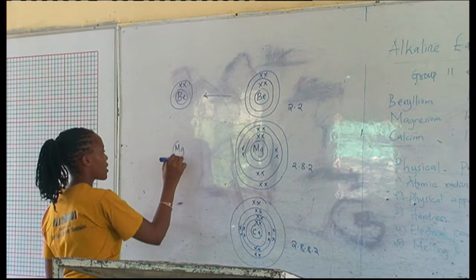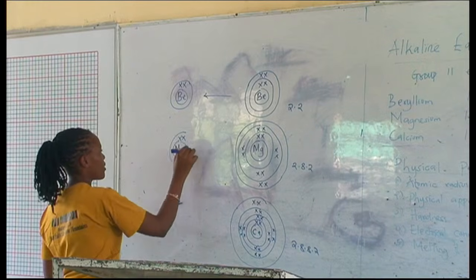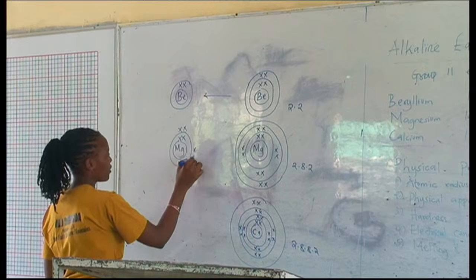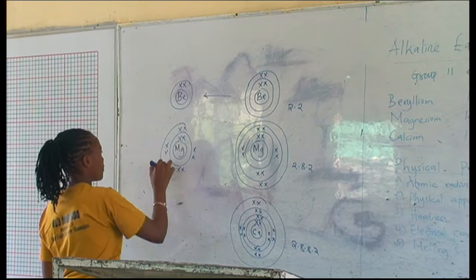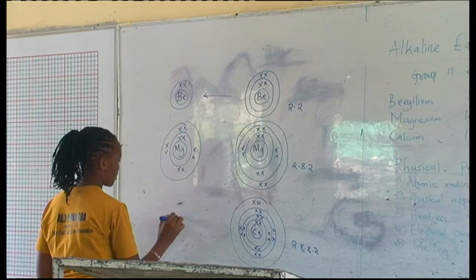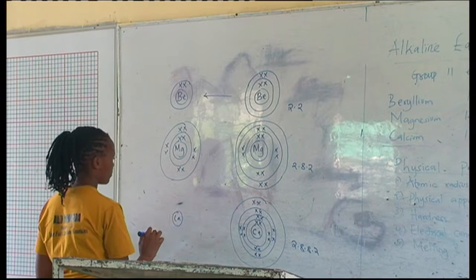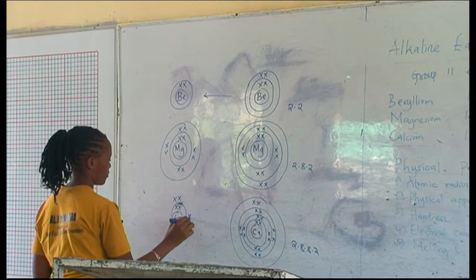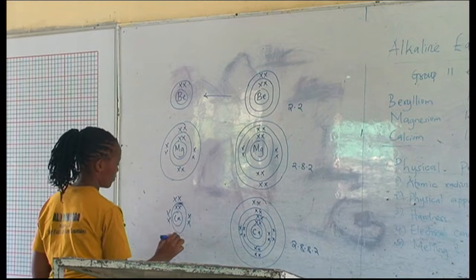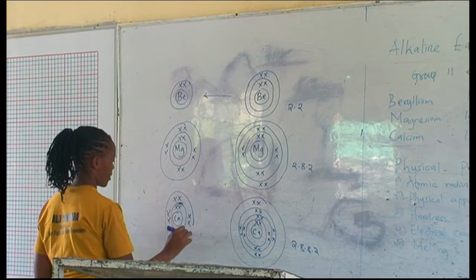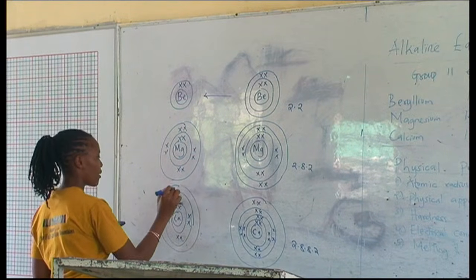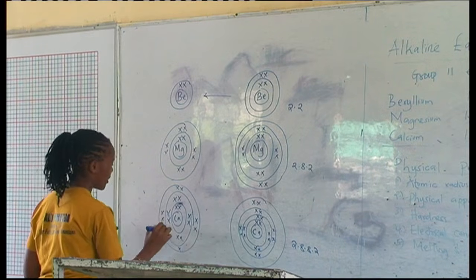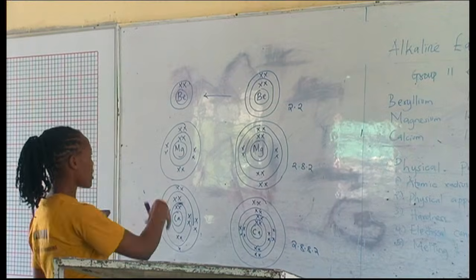Magnesium also forms an ion by losing 2 electrons in the outermost energy level. Calcium forms an ion by losing 2 electrons in the outermost energy level,